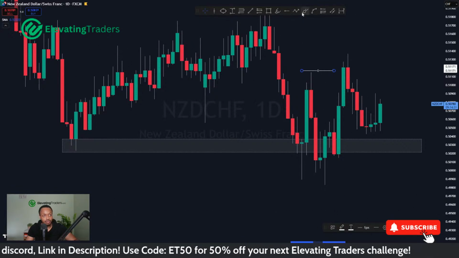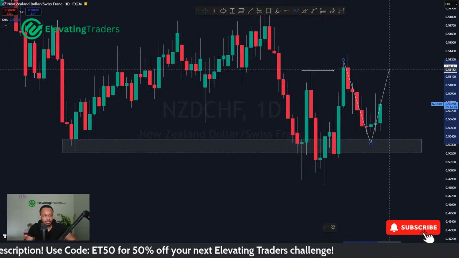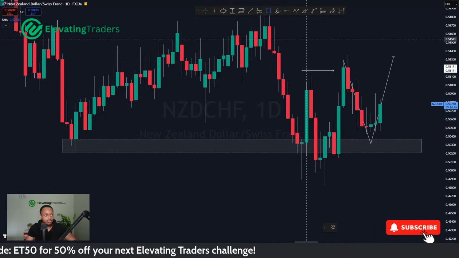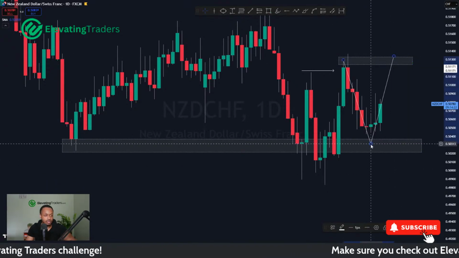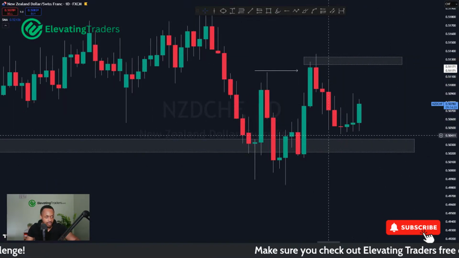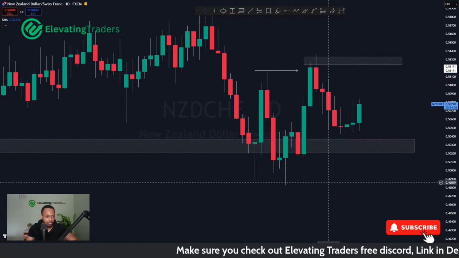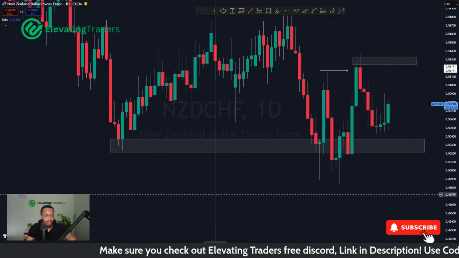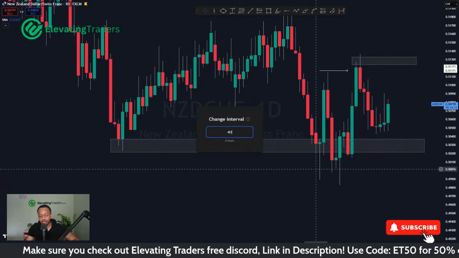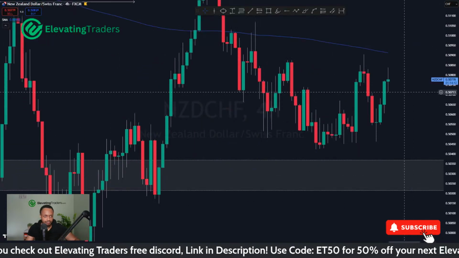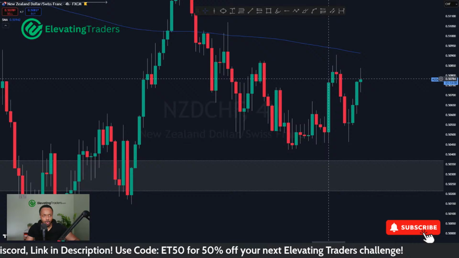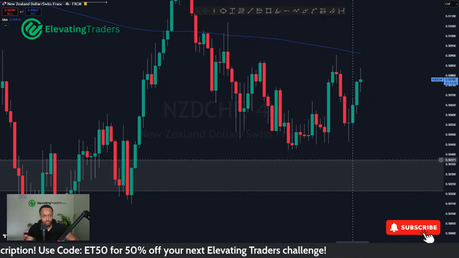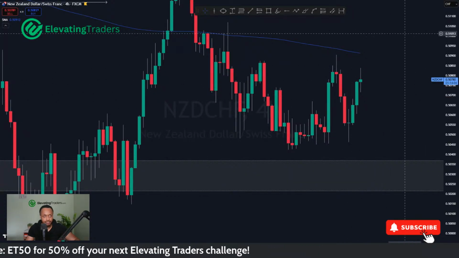And then I was looking for price to pull back, retest support, and then have a bit of a bounce, at least for a push back into resistance. So that's been my plan for New Zealand CHF. But unfortunately, as you can see, it's just hovering above my level and not quite getting there. And then yesterday we pulled back. So I was wondering, because we had a really strong move just before I hopped onto the stream, if we're going to push back down, go test my area, and then push up.